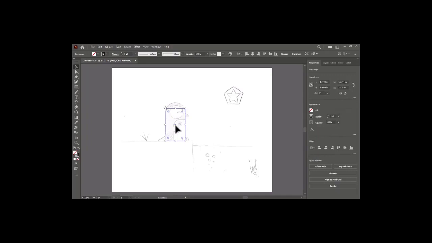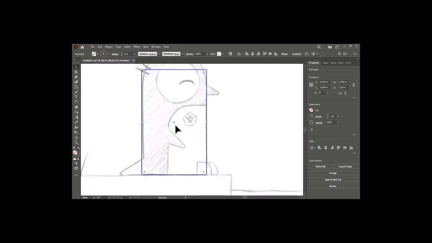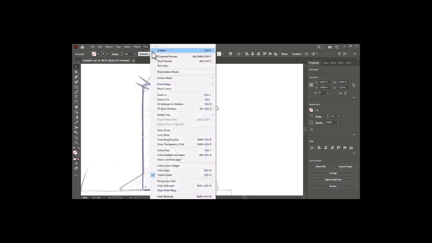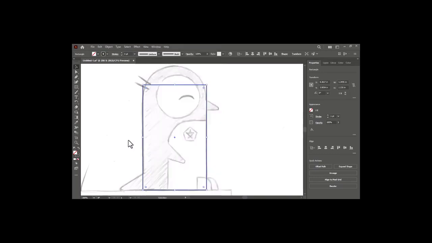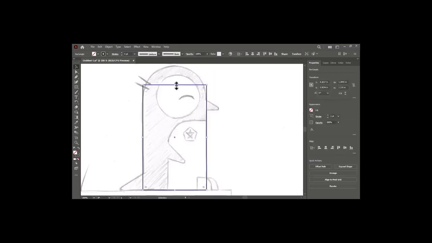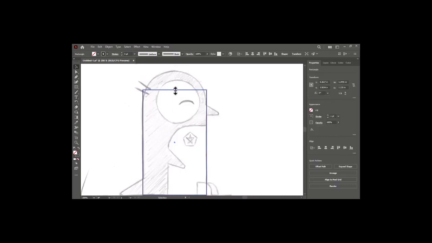Okay, so now what I'll do is hold my Alt key on my keyboard, then with the wheel on my mouse, zoom in to get a clearer view of my sketch. Okay, so what I want to do is pull this one back just to align them as perfectly as possible. So guys, make sure that smart guides are turned on. As you can see, my smart guide is turned on, so it helps align everything, just snaps it into place. Most times it's good and most times it's bad, but most of the time it's good. So I'm going to pull this one up to the top of the penguin's head,